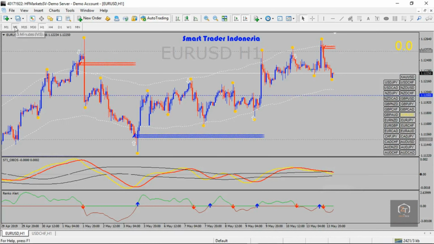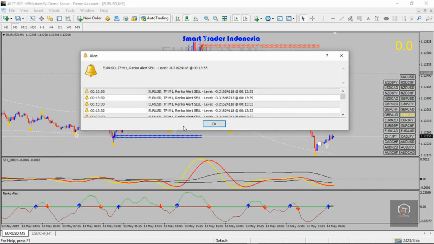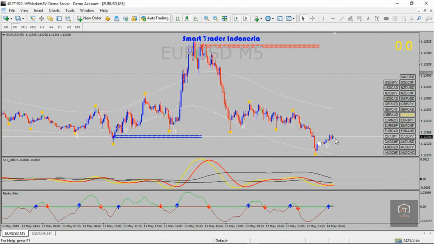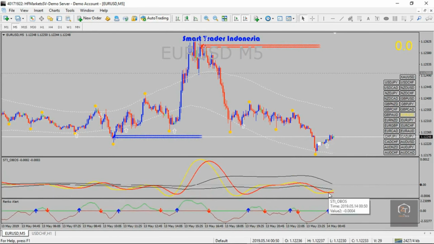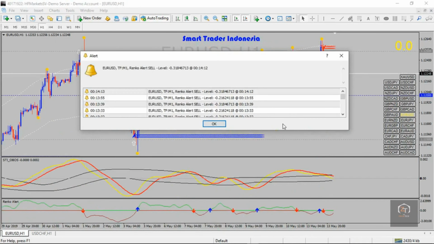Then in 5 minutes, the 5 minute time frame is showing me buy. So this trend is showing me buy here. It crosses. You understand? When you see this, it crosses here. So it shows me a buy signal. I maybe have to enter a buy signal, but then in 1 hour time,